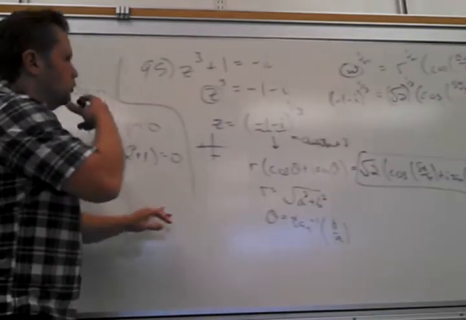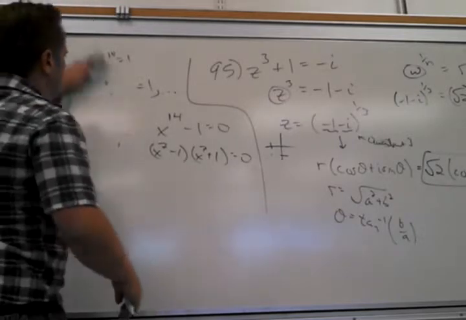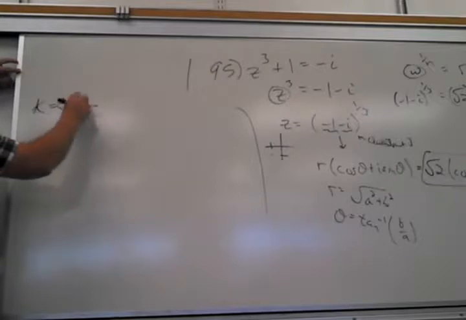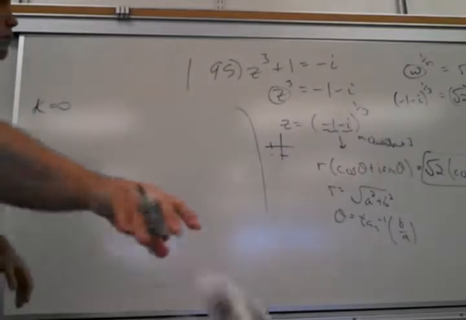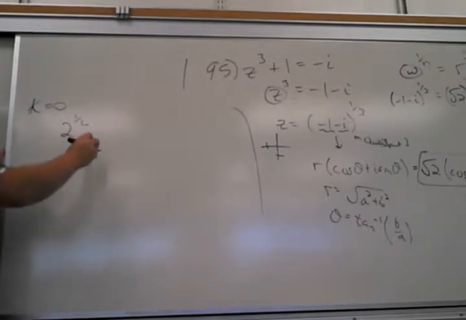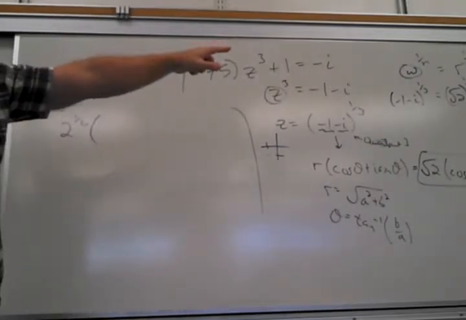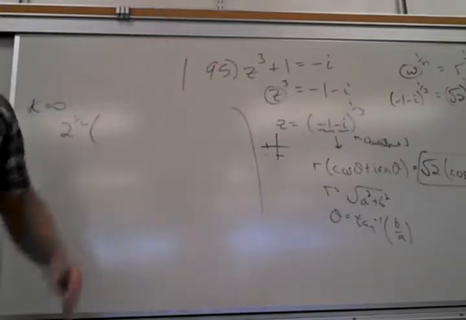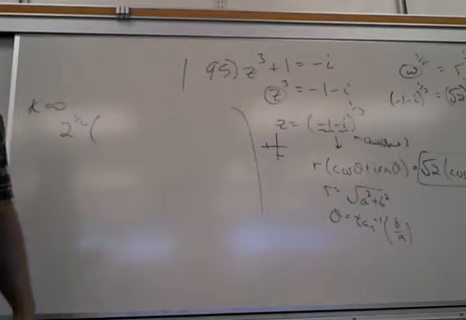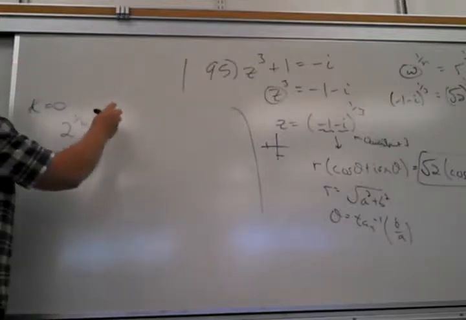So let me see if we can get some more room here. So if I let k equals 0, what do I get here? I get 2 to the 1/6 times, of course, 5 pi over 12 in there. I'm going to get whatever that is. We have a way to do that. It's half of 5 pi over 6, but screw it. What do you get in the calculator? If you do cosine of 5 pi over 12,